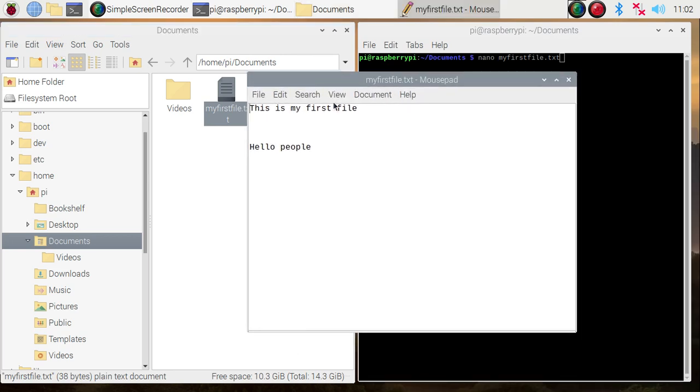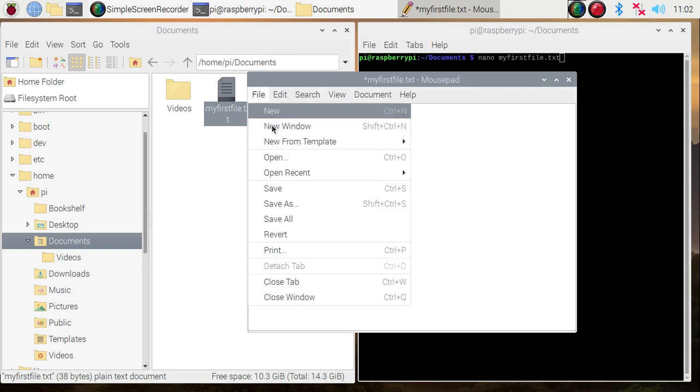There we go. So it has Mousepad. That's the name of this editor. And I'm going to hit enter a few more times and say hi back, right? And then you can hit Control S, we'll save it. Also, clicking File, Save, which is just how I know Control S, and this is how you know